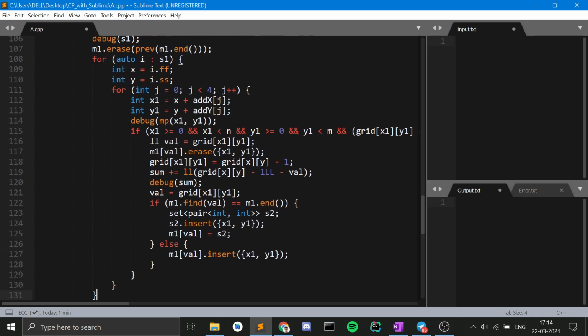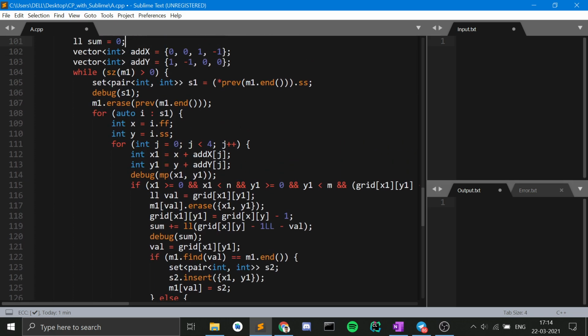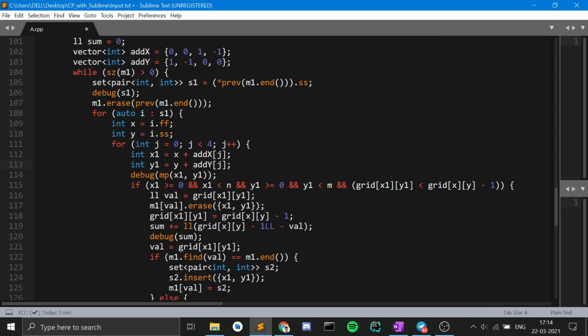I've maintained a vector here that gives me the neighbors by just adding the x and y values to my current value. First of all, this is the boundary condition, whether I'm inside my grid or not. Next I check whether the value present on that particular index is less than my current value minus 1 or not.